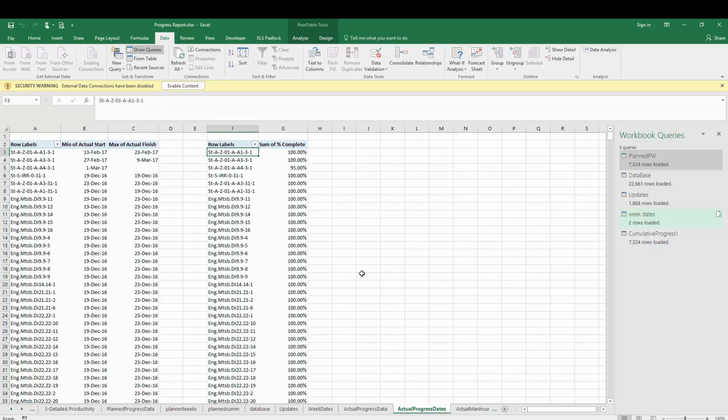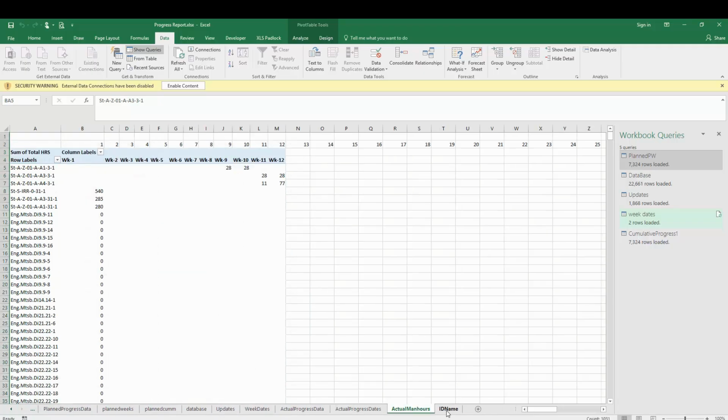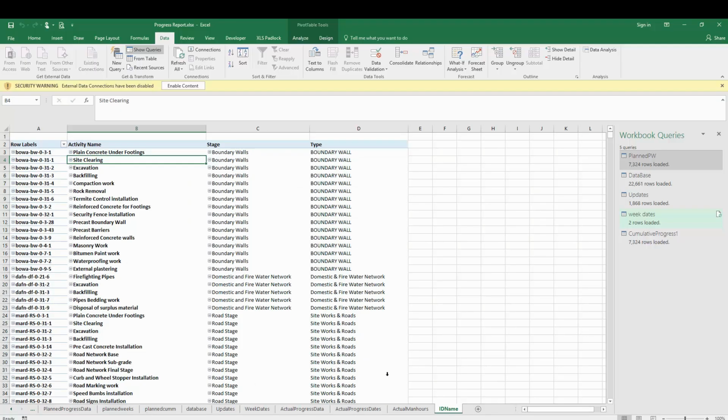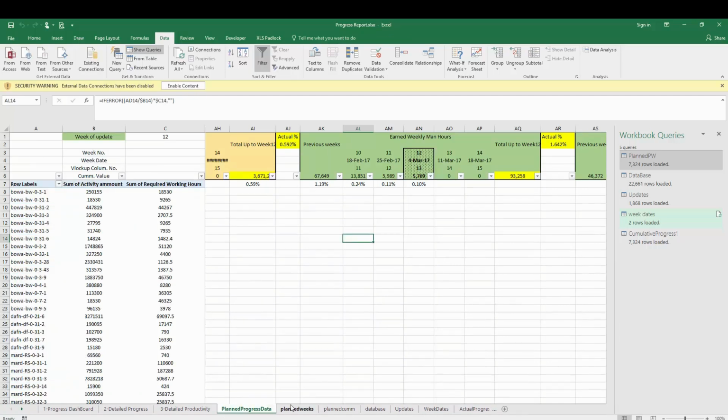I don't want to bother you with the details now, but let's first go and see how the sheet works. This Mondays also is a pivot table, and ID name is a pivot table. So let me make here